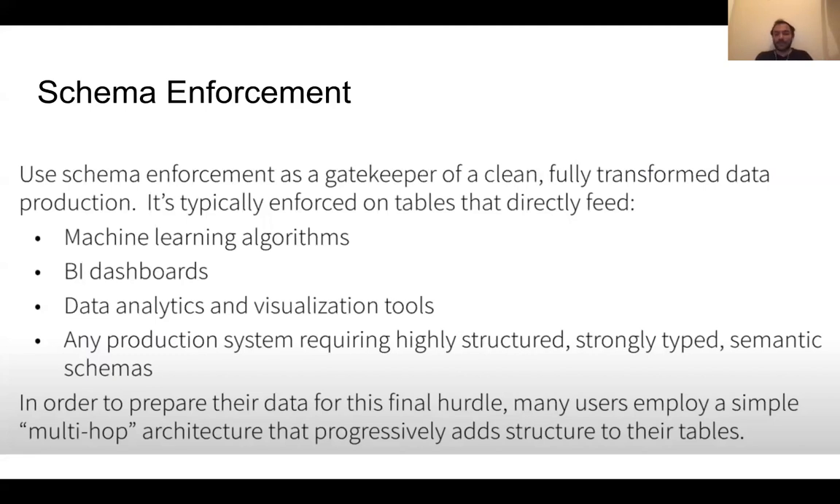And a Java Spring microservice is very much type safe. If you pass a different data type, it will fail with an exception error, right? So it's very important. This is also a kind of data cleanliness that you prepare. Any production system requiring highly structured, strongly typed and semantic schemas also requires schema enforcement, because it might fail